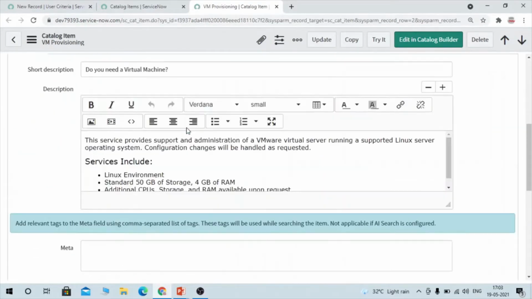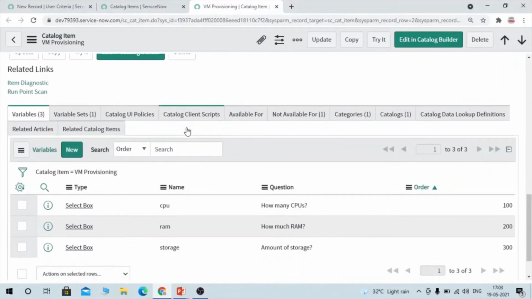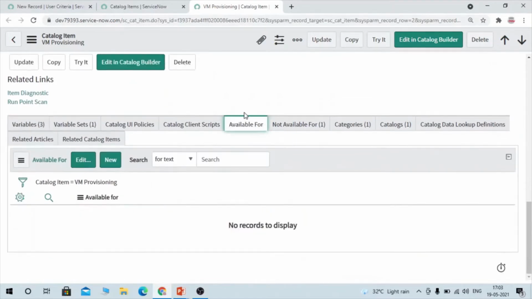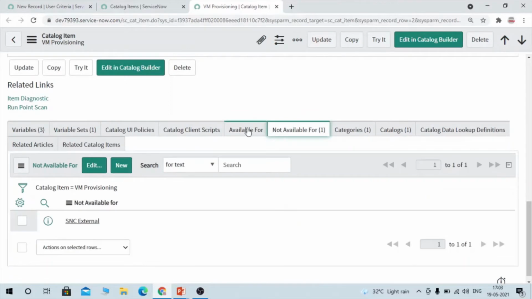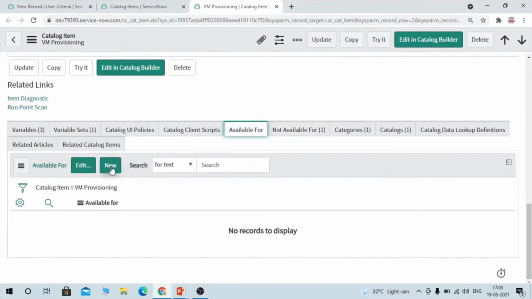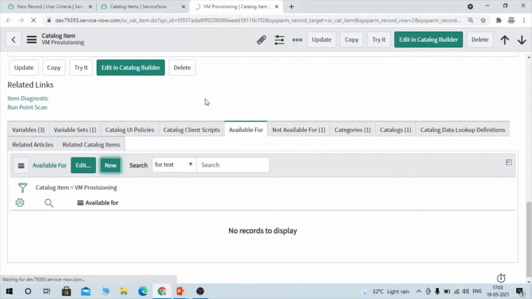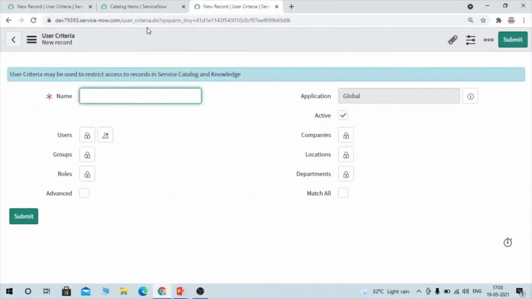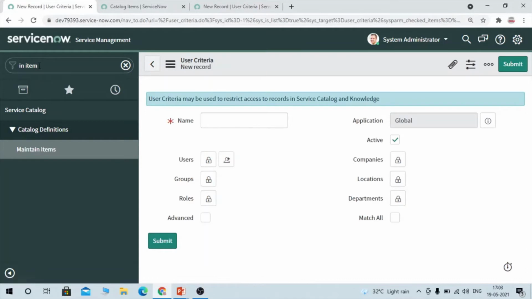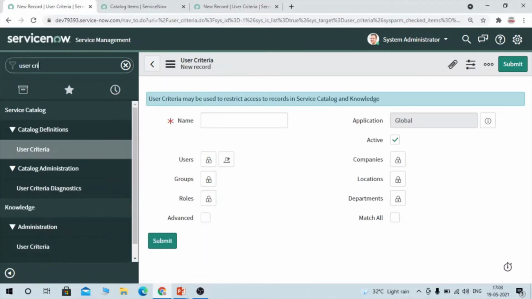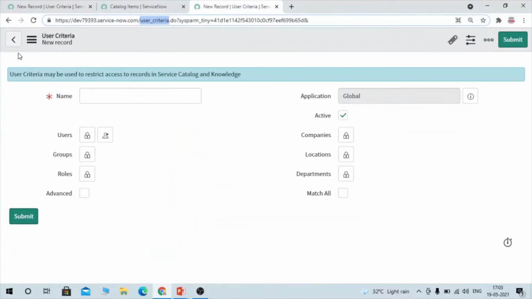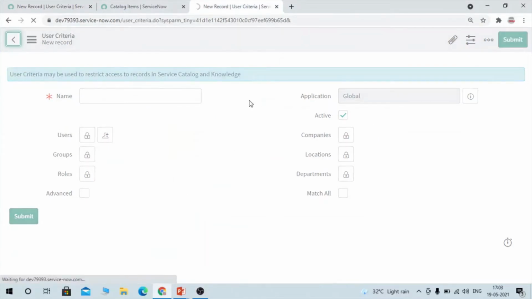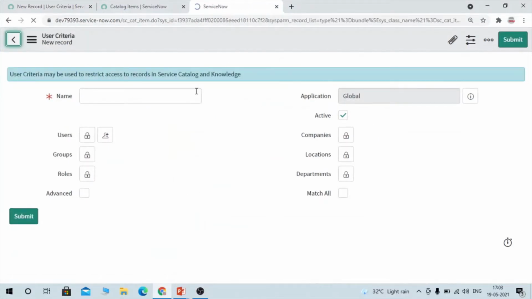For that you have the options Available for and Not available for. From here also you can create a new user criteria. You can see your table, and you can directly create it from user criteria, as I showed you, and then edit and add that user criteria.